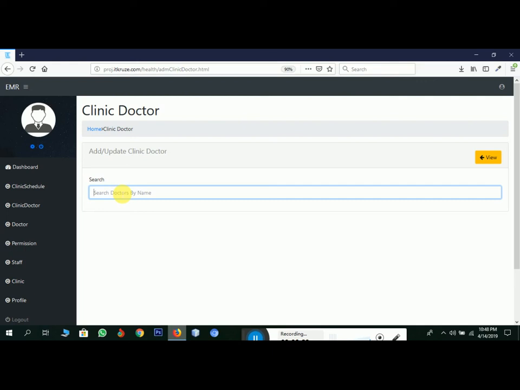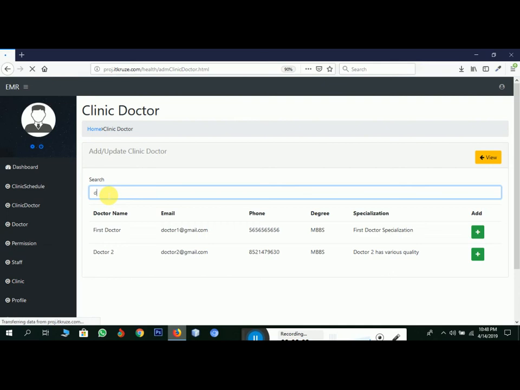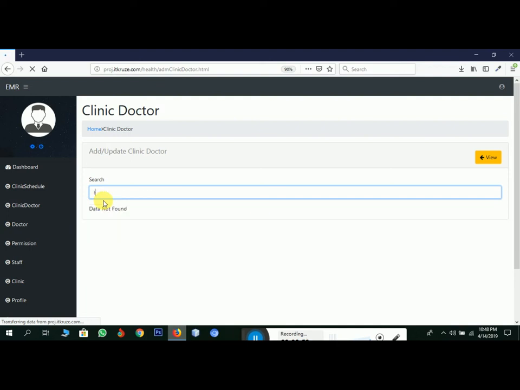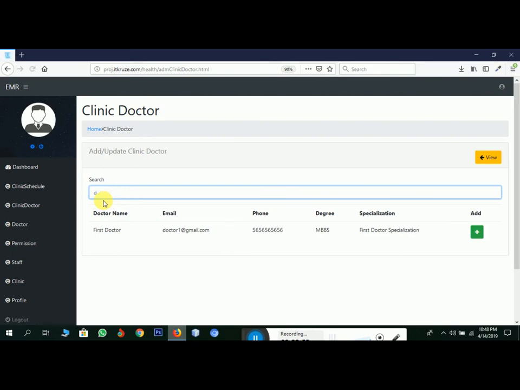Suppose I type D, then all names with the D character will be shown here, like first doctor, doctor 2. If I press 2, then this shows. If I press T, all show. If I press FGT, no data found. So this filter is used to search the doctor by name.